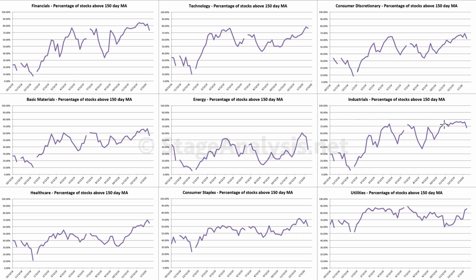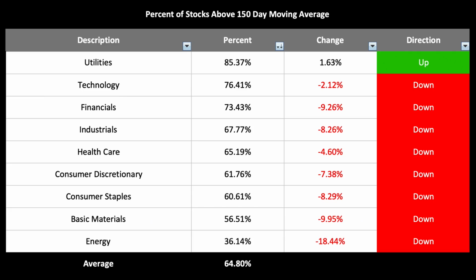Industrials also broke a multi-month level here, and broke down below the key 70% level again. And healthcare only had a minor pullback, and staples has been going down for a few weeks now, whereas utilities was the only sector this week to rise. So if we go back to the